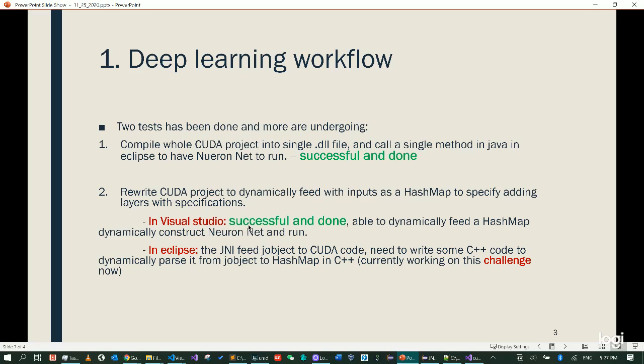In the Visual Studio, it's successfully done. Basically, I was able to dynamically feed a hash map to construct a neural network and let it run. So if we take a look at the Visual Studio,